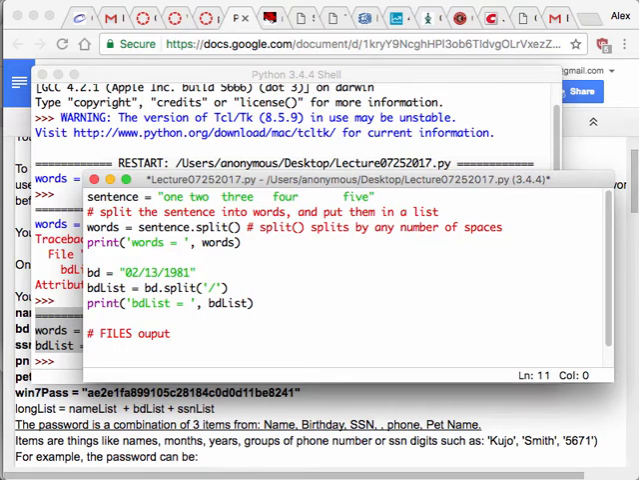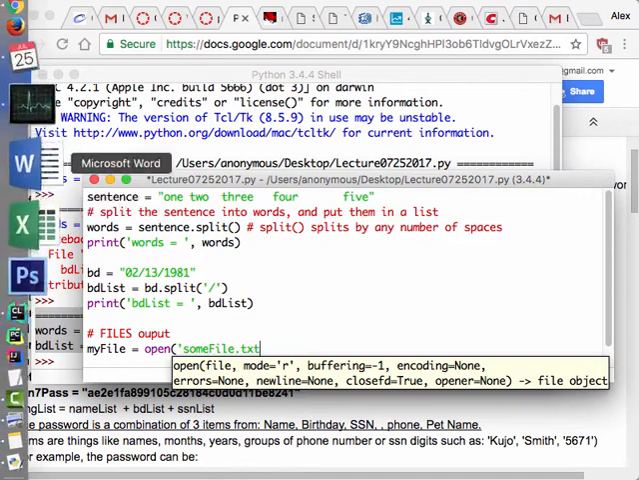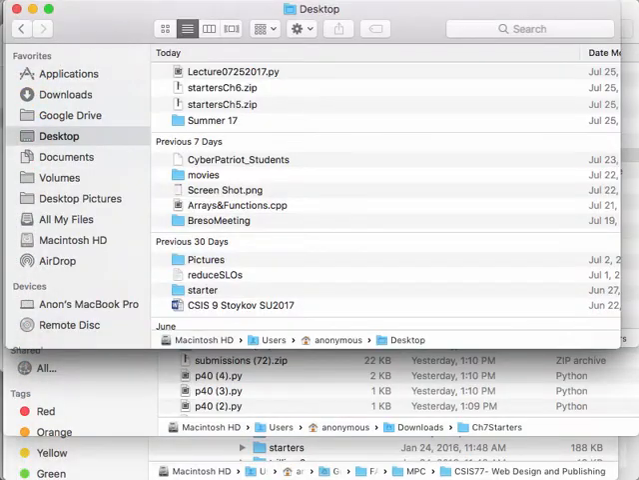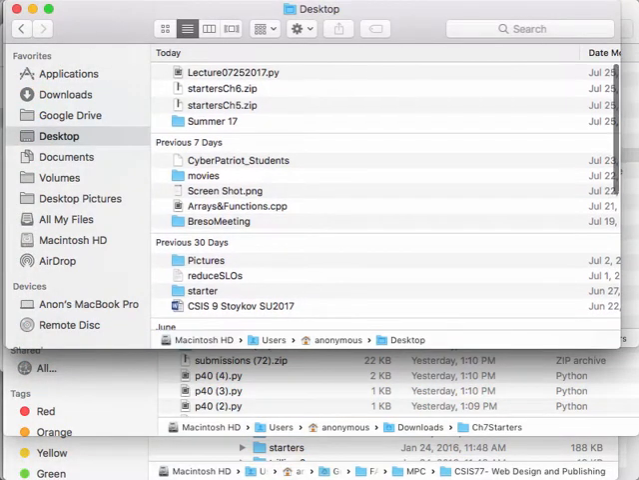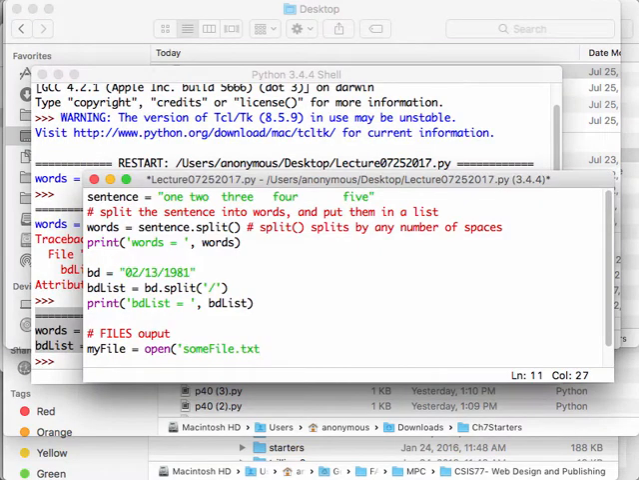Let's say I'm going to have my file equals open, and I'm going to open some file, I'll call it some file txt, and this is on the desktop. So let me go to the desktop so you can see what's on my desktop. All right, so on the desktop is the lecture 07 folder, and there's no file yet in there, so I'll call it a file